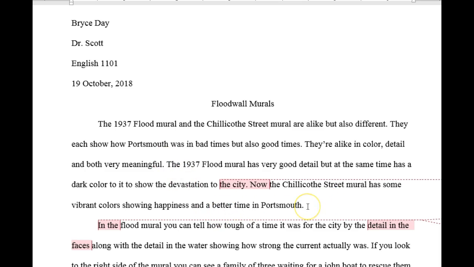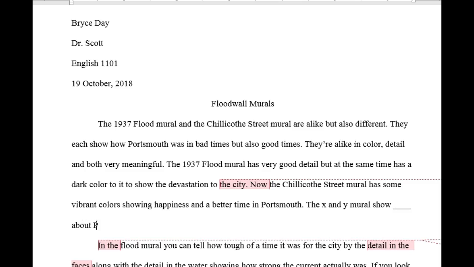so if a thesis statement does something like this, like the X and Y mural show blank about Portsmouth through the use of, I see color, I also see facial expressions and actions of people depicted in the murals.